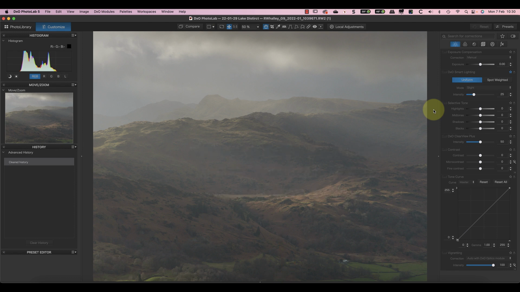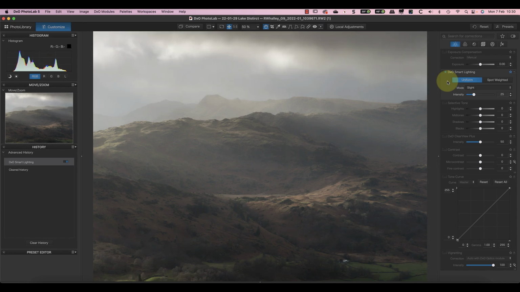The first adjustment I want to use is smart lighting. Now, this will correct any obvious exposure problems, and immediately you can see that it's started to correct the low contrast effect. We're now seeing the side lighting much more obvious in the image, and it's also created more shadows. Now, I could change from using the slight adjustment to medium and even strong. Whilst those do give a good effect, it may be that they're too strong for other adjustments I want to apply, so I'm going to go back and I'll start with slight, which is where I usually make my adjustments.